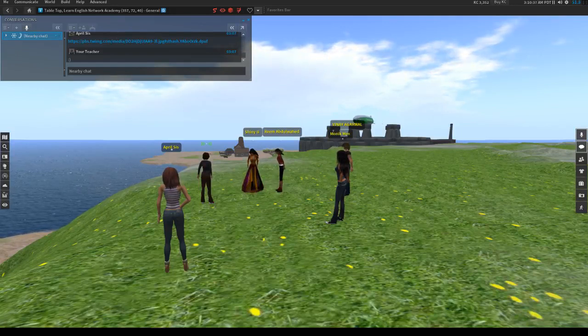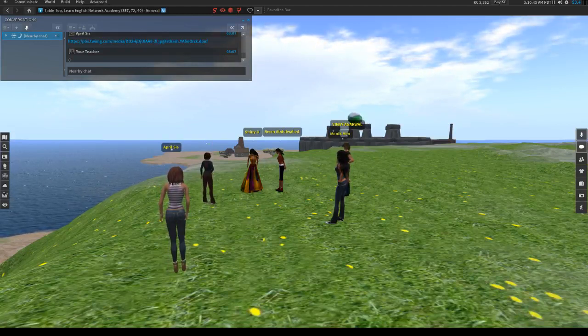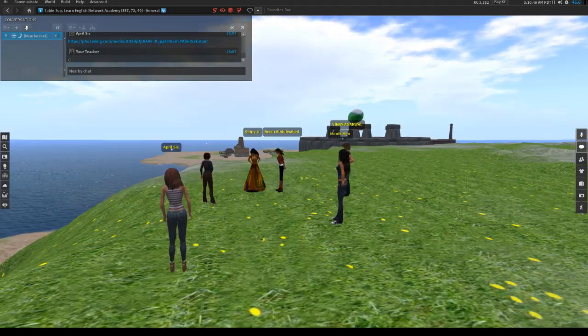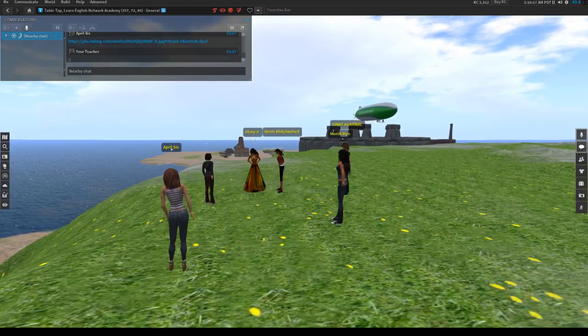Do you live near cliffs? Have you got any cliffs near you? No? Actually, I don't know how to say it. This steep, you know,